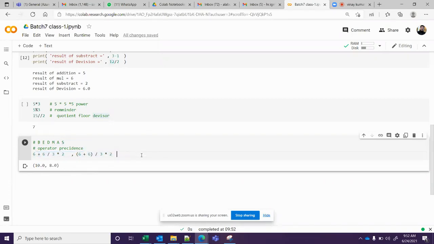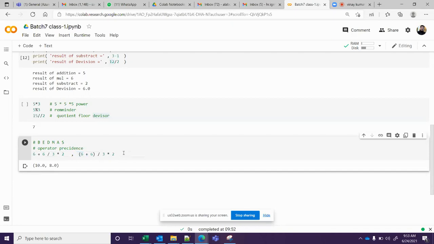So I write one more thing. What is happening here? Can anyone tell quickly? According to this, the bracket is solved first. Then what happens next? We have two operators, division and multiplication. Division happens first, then multiplication.